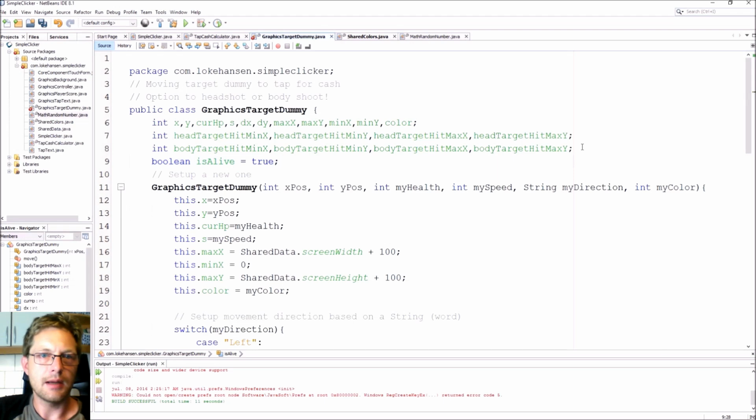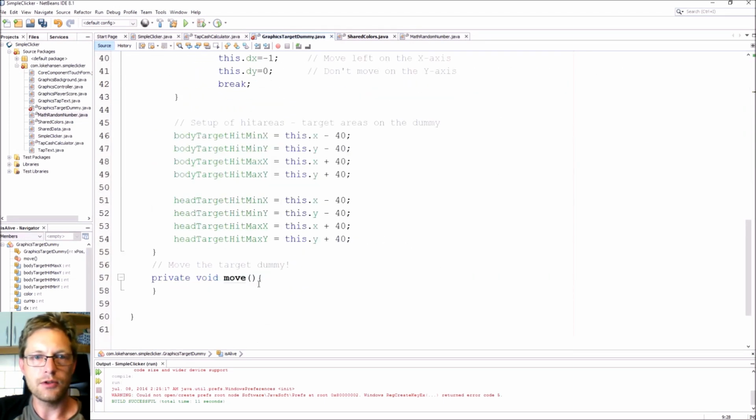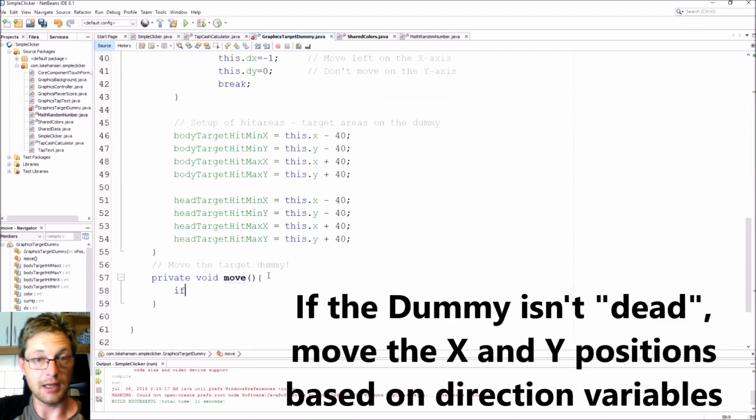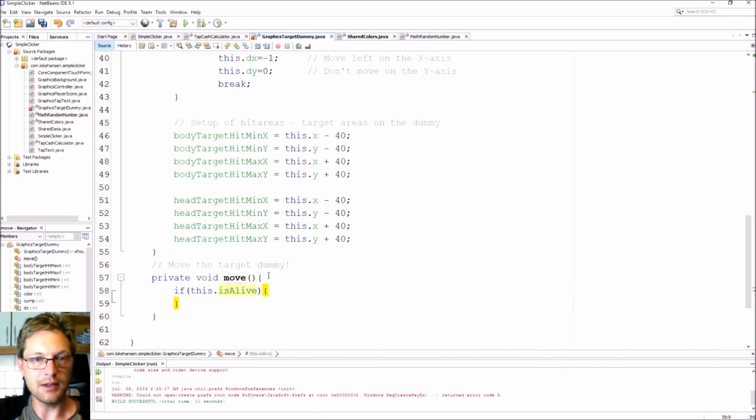Making another variable, I'm calling it isAlive, and we want to be testing if this target dummy is dead or not. We don't want to move it if it's dead. So that is the first thing we're doing in the move method. We're saying if this thing here is still alive, then we want to do something about it. We are going to change the X position